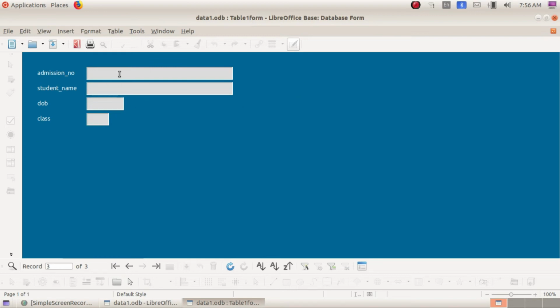Why are we using it? If there is any repetition, it will not accept it. Let's see the repetition number. The last record. What is the admission number? 3452. So now we can just type 3452 and we can give the name, and here it is. We can type all the details.